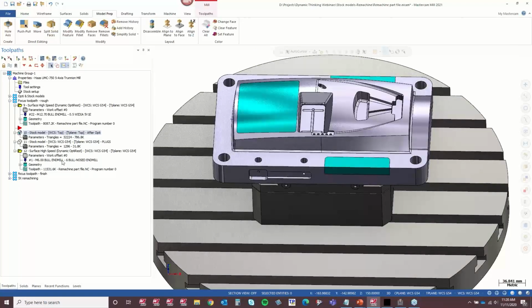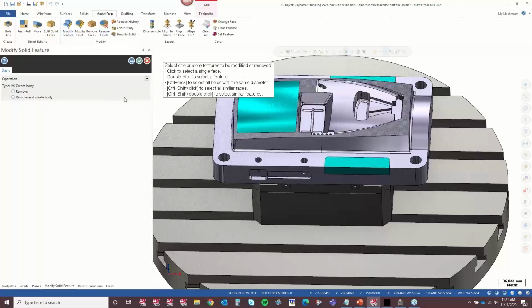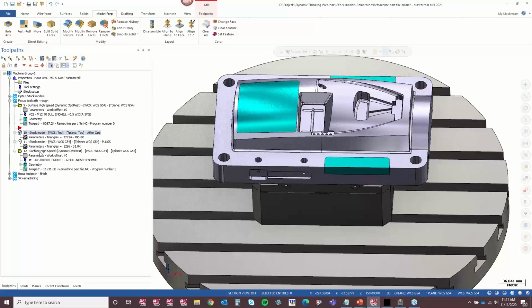So now I want to come back with a different strategy, maybe. I got a question that says double click is to select the feature, isn't it? Triple is for full solid selection. That's true, except inside that model prep function that I was in, and you can see that in the drop down. I could be wrong here, let's launch that real quick. So double click to select a feature. I misspoke there. You are correct. Thanks for the correction. That's why it unselected again.